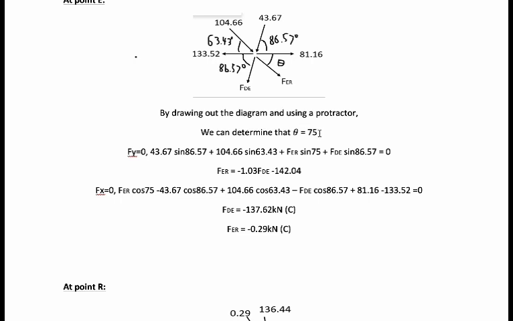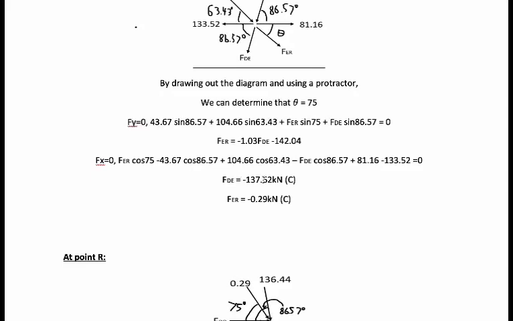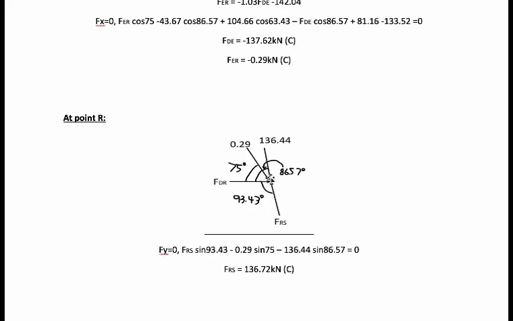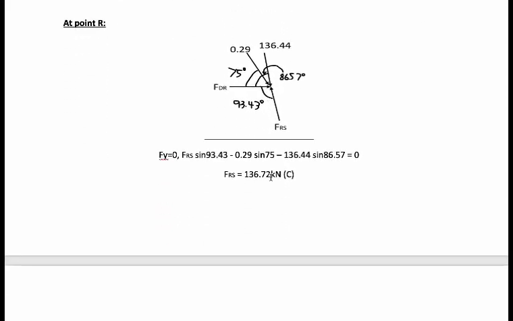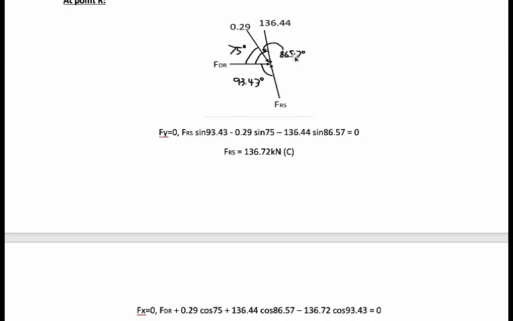theta is 75. So by using a protractor, we can determine that theta is 75. So here we go, and we do the same equation, and we get the answers here, the two answers, and we proceed with point R, and we draw the free body diagram